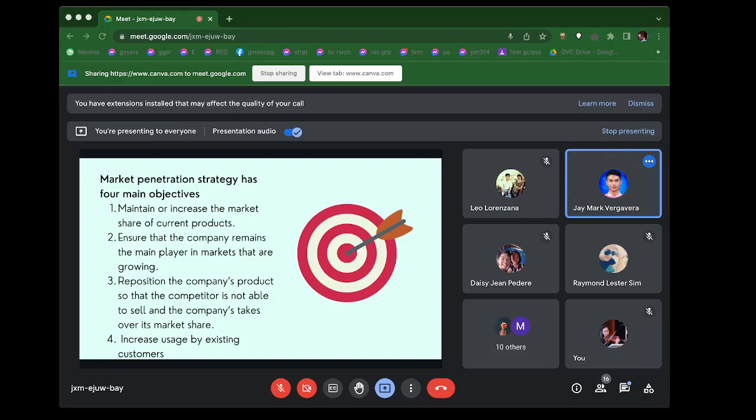So the market penetration has four main objectives. First is to maintain or increase the market share of current products. This means that this can be achieved by a combination of competitive pricing strategies, advertising, sales, promotion. Second is to ensure that the company remains the main player in the markets that are growing. Third,